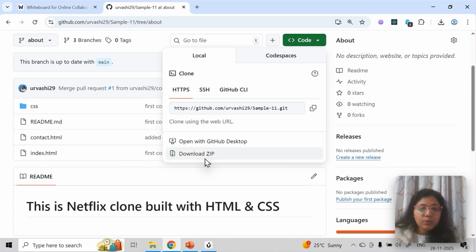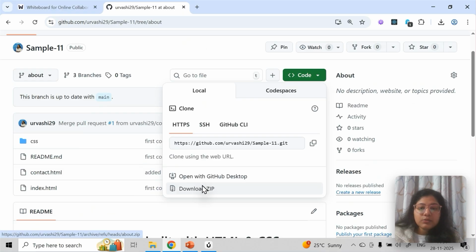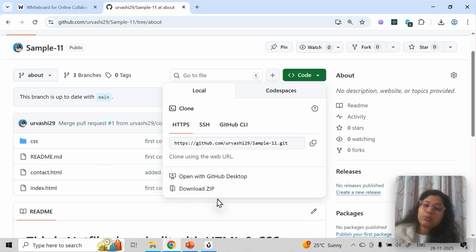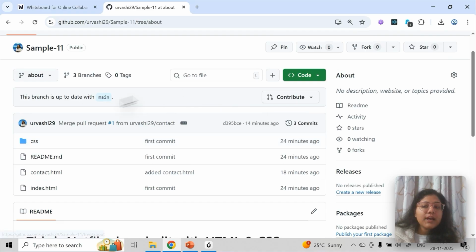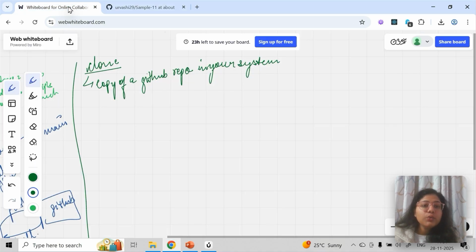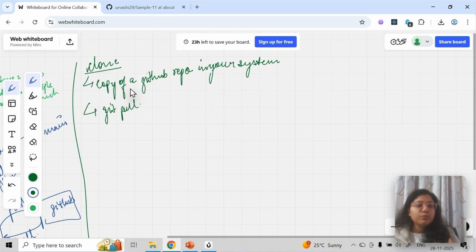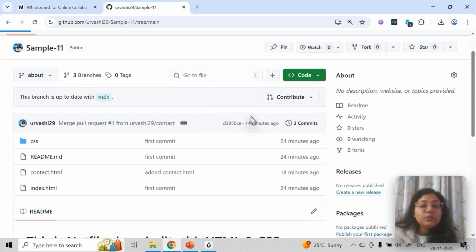So one option is you keep on downloading. Let's say today I push this code, you will download. Tomorrow I'm pushing code to the same repo, you will download. Third day I'm pushing code to the same repo, you will download, right? It will be so difficult to manage. So rather than downloading, I'll do pull. Firstly, we need to clone it. Then whatever changes are made every day, we will just say git pull. Push you cannot do, because for push you need permissions.